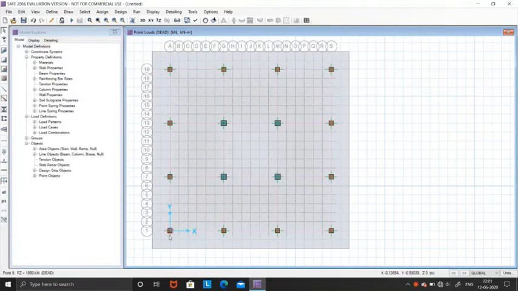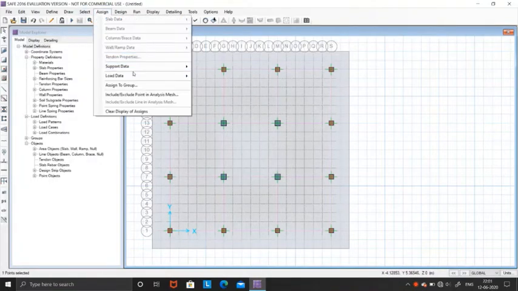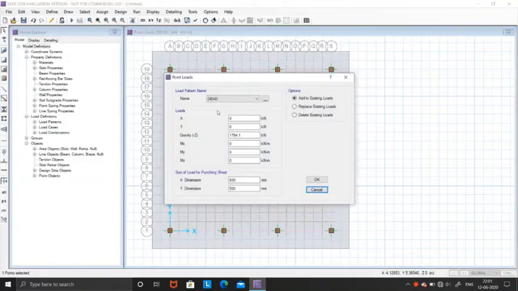Okay, dead load is applied on column of 500 by 500. Now we are assigning live load to the columns of 500 by 500.